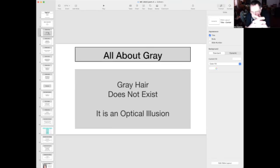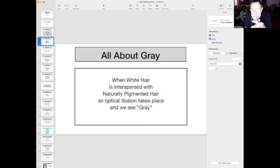First of all, gray hair does not exist. You'll notice that when I refer to hair that we generally call gray, I say salt and pepper. And the reason that it does not exist is because it is an optical illusion. It's an optical illusion when we see the color gray. It's when white hair is interspersed with naturally pigmented hair, an optical illusion takes place and we see the